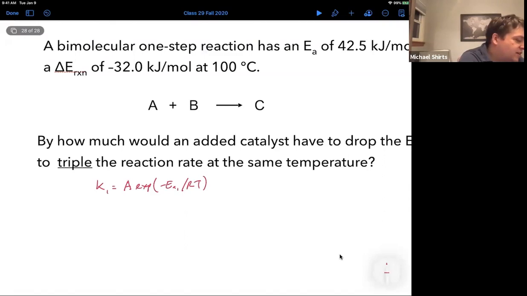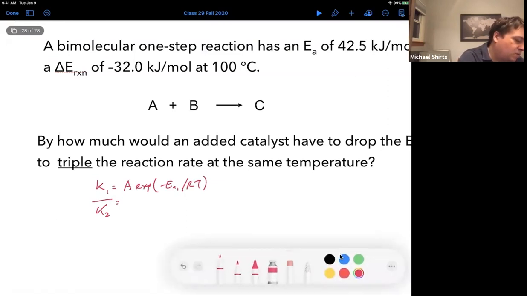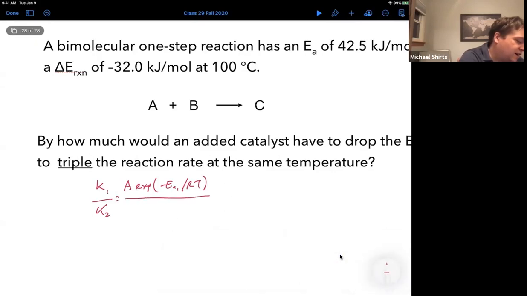And then we have another equation, and let's just divide these two. We carry out this reaction in our second situation with a different catalyst, and we've got A exponential of minus EA2 over RT. So we can look at the ratios of these rate constants,